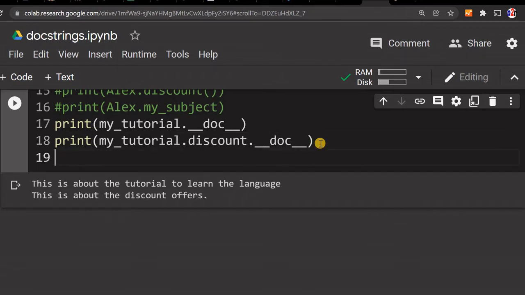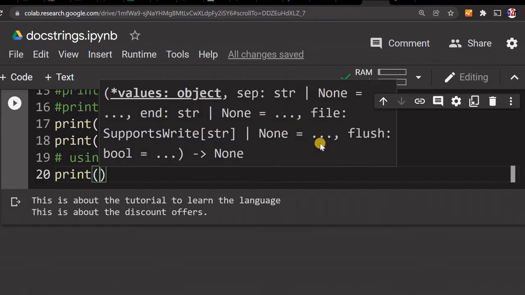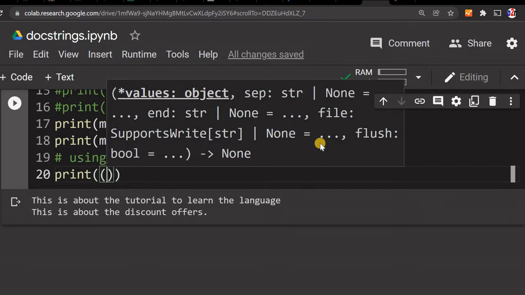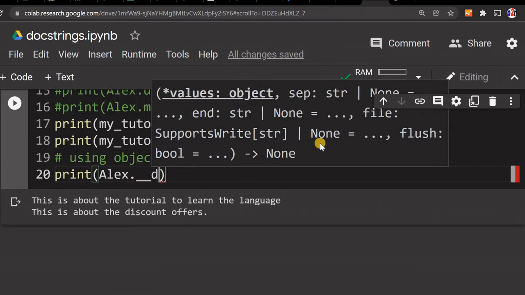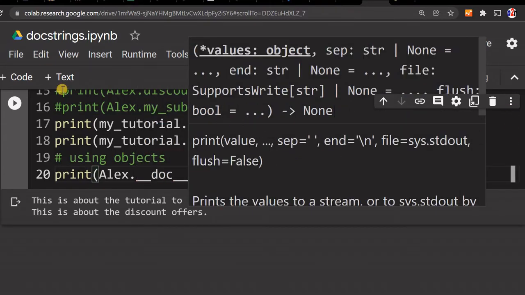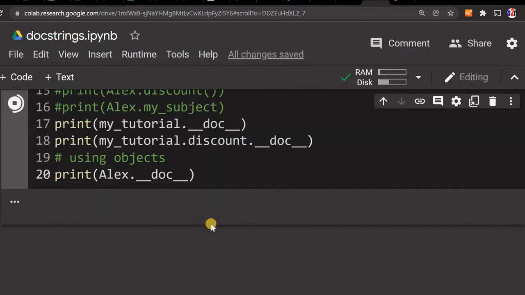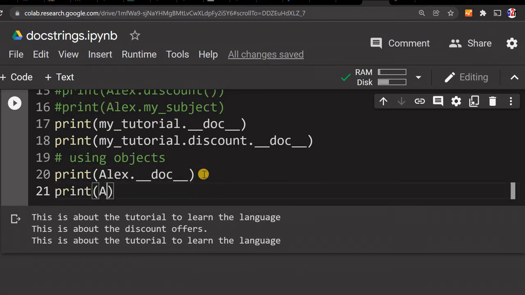Now so this way. Now let's see. We'll also use the object. I am just commenting it. Here we'll say print. Now I will say, because Alex is one of our objects, so Alex dot underscore underscore doc underscore underscore. Now let's run this and see. So now this is, at the module level, this third line is that output. Now the discount part, print Alex dot